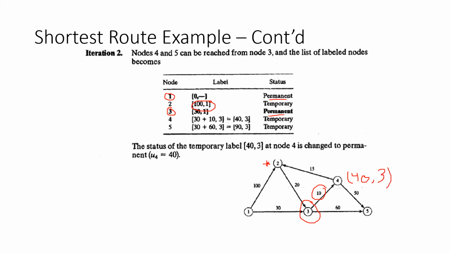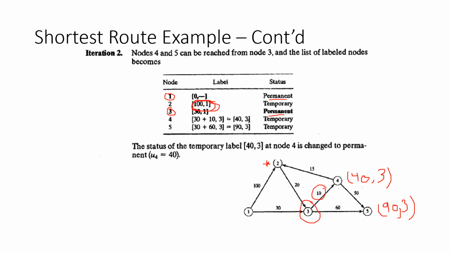And the label on node 5 is 30 plus 60 is 90, coming from also node 3. And I also have, obviously, the label on node 2, which I didn't write next to the node, but I can read it from here. It's 101. Those 3 are temporary labels, and I will select one of them to be permanent,